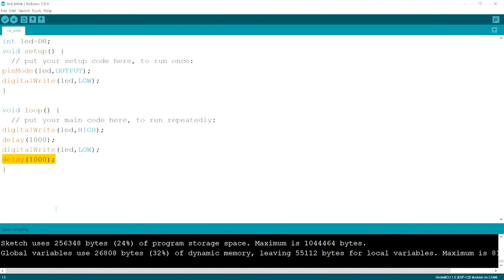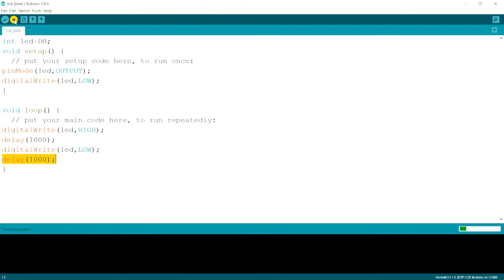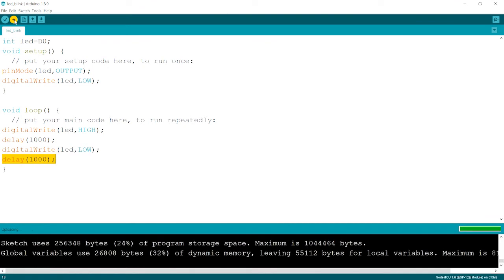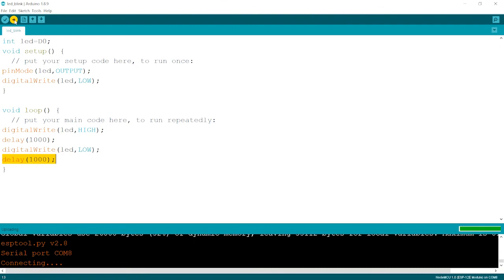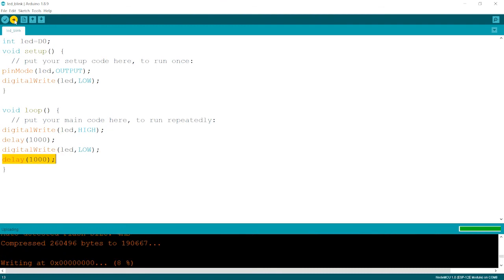Your software doesn't have any errors in what you just wrote. So now we'll press this arrow over here. It's upload. So we are uploading to the board. So we have done uploading. After we have done uploading, let us see the output.